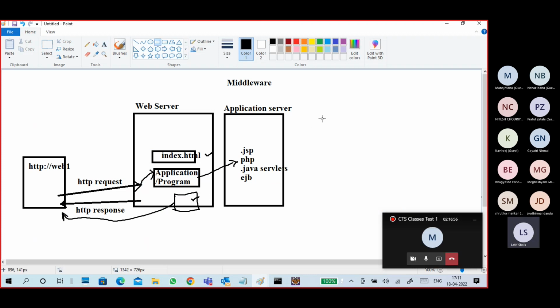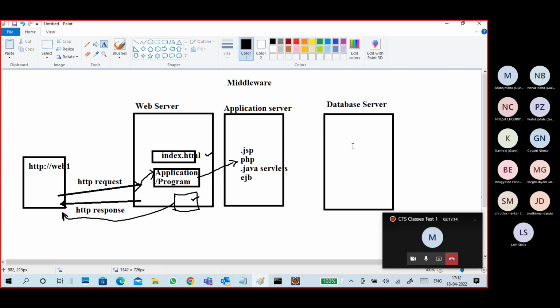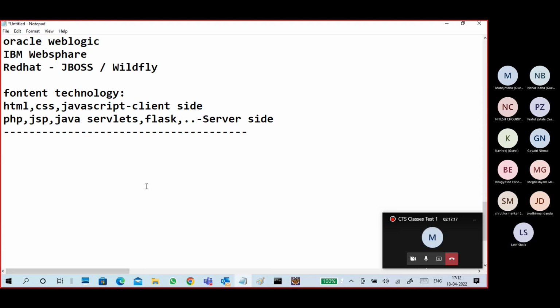Like we have a database. We have a database server. What is the use of this database server? What will the database server do? Stores data in the form of